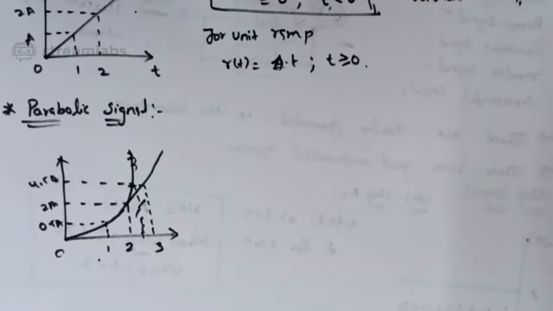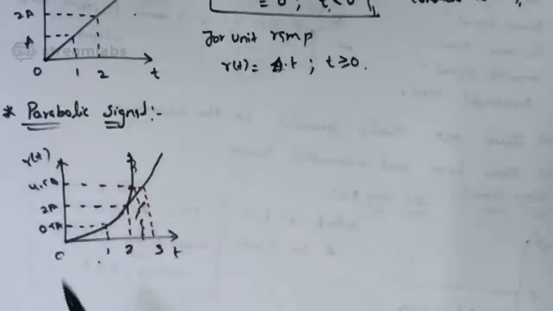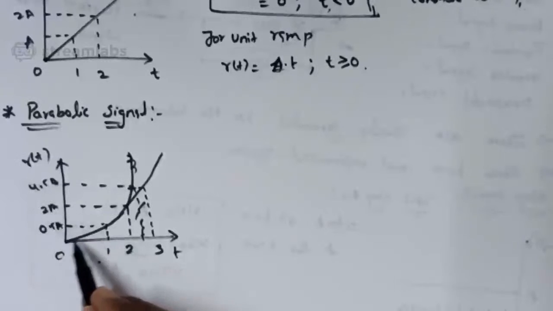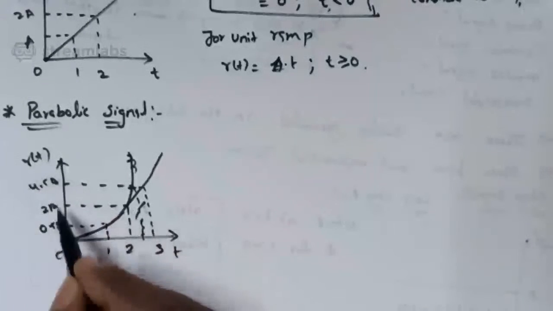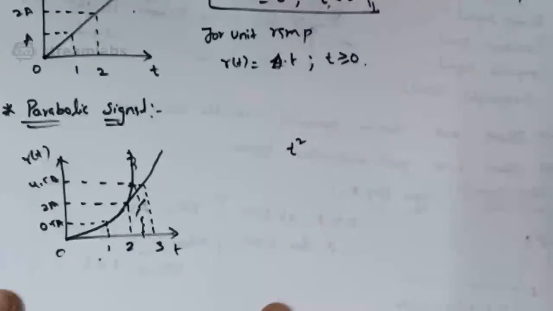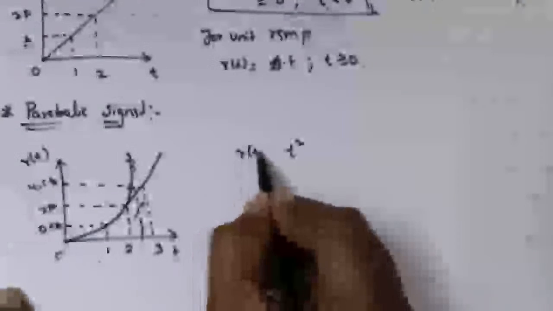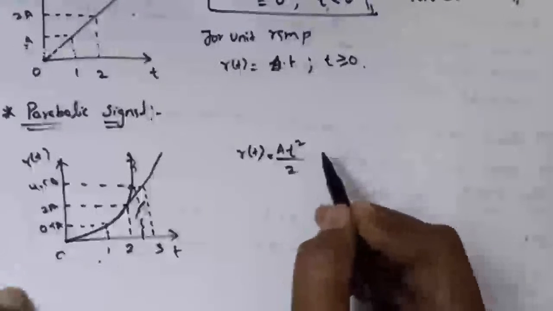The instantaneous value varies as the square of the time. See here, this is the time and this is the response, the instantaneous value. So the instantaneous value varies as a square of the time, for an initial value of 0 at t equals 0. So from this we can write an expression r of t is equal to a t square by 2, where